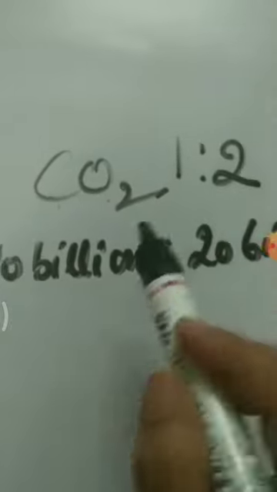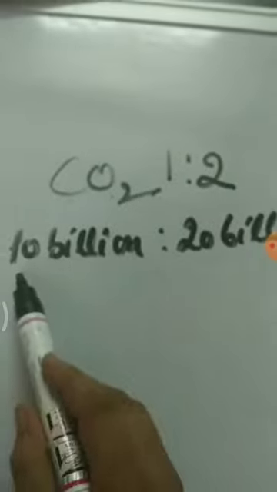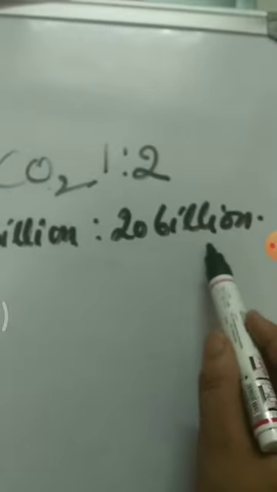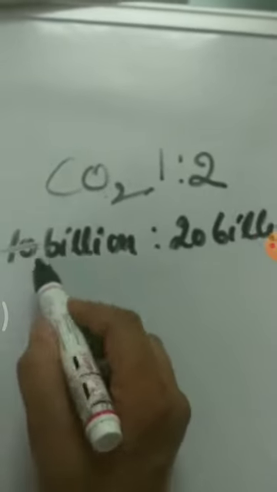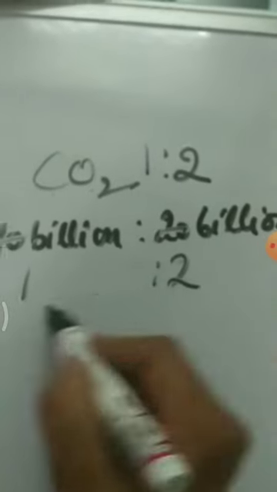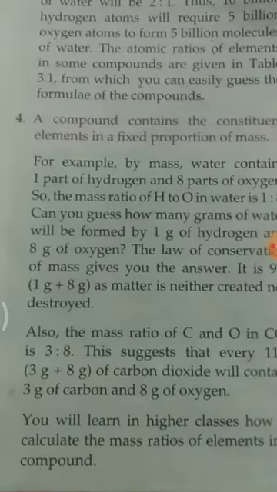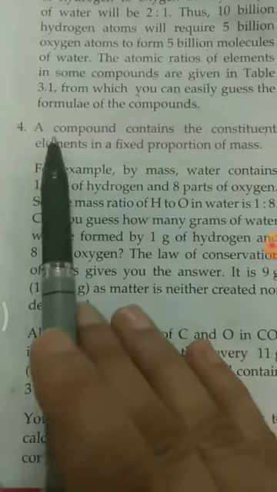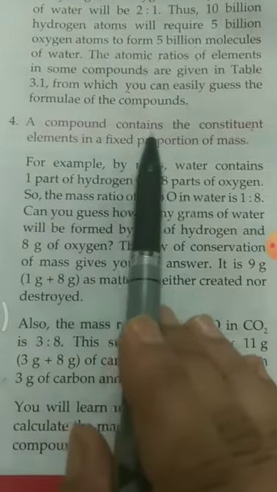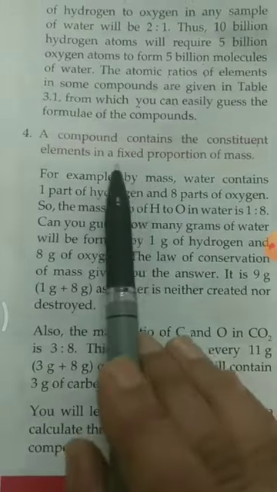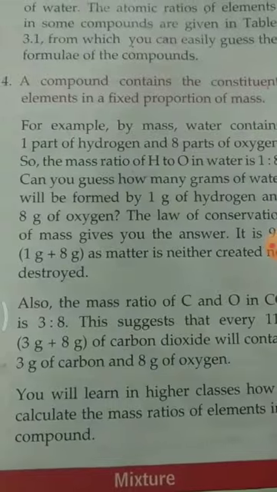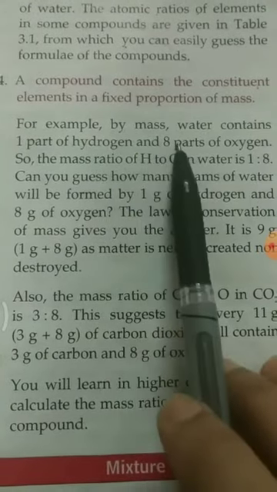Carbon dioxide, we know the ratio is 1:2. To form carbon dioxide, if 10 billion carbon is there, 20 billion oxygen will be required. When we cut it, the ratio will be the same, or fixed. Fourth point: a compound contains the constituent elements in a fixed proportion of mass. This example they have given is related to